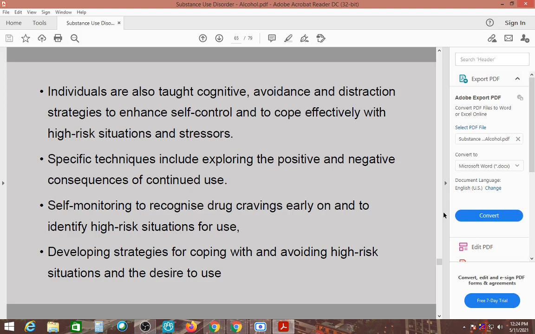It may not be a triggering factor for another. Let's take persons A, B, C. What triggers A may not trigger B. What triggers B may not trigger C. So what is a problem for A may not be a problem for B. So each and every one is different. That's why